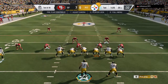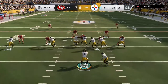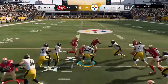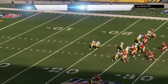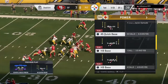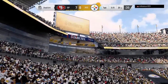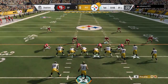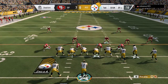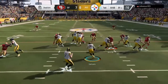Big Ben and the Steelers with a 1st and 10 at their own 25-yard line. They'll run with the NC State man. It's Jalen Samuels, and he'll wind up with about 6 up past the 30 to the 31. They'd love to just strike back with a touchdown right here, and if it's a long play, so be it. But the main goal, get a couple of first downs, run some plays, run some clock, allow their defense to get a chance to catch their breath, settle down, and relax a little bit after they just gave up the